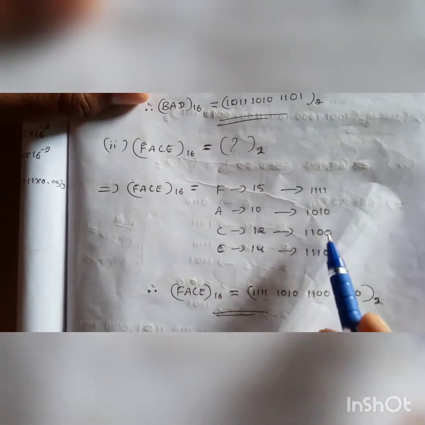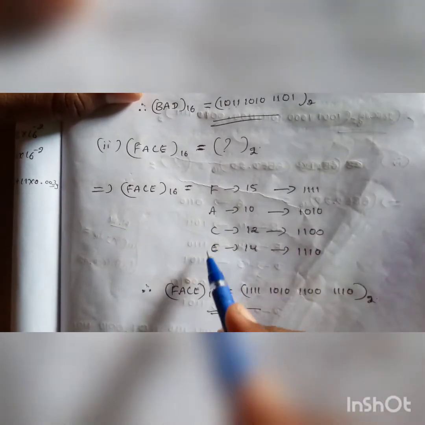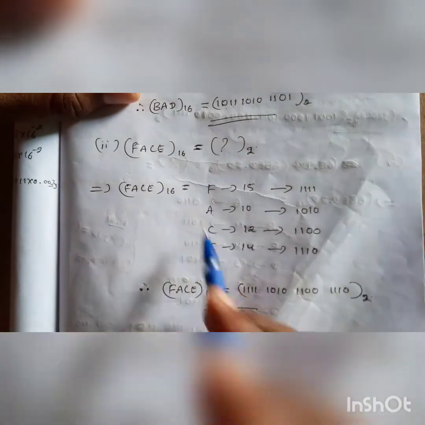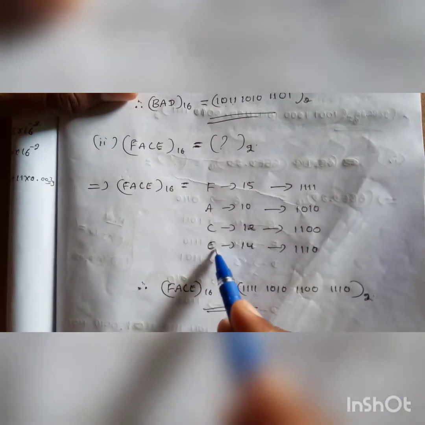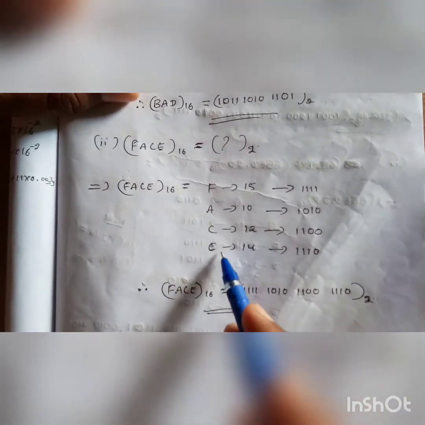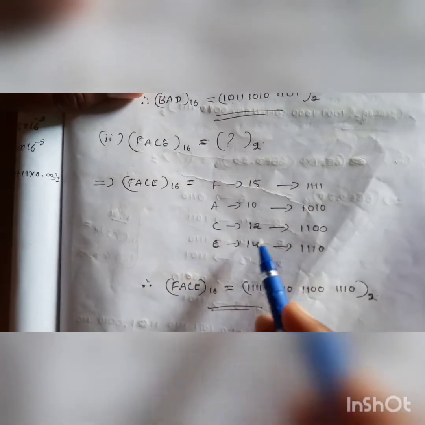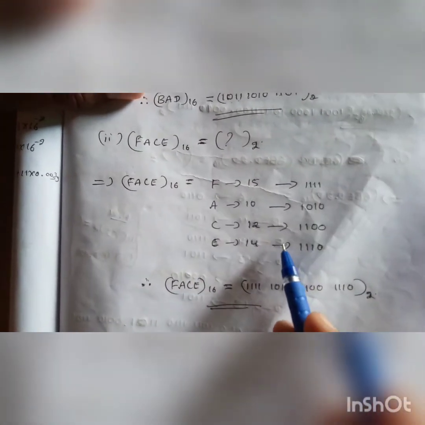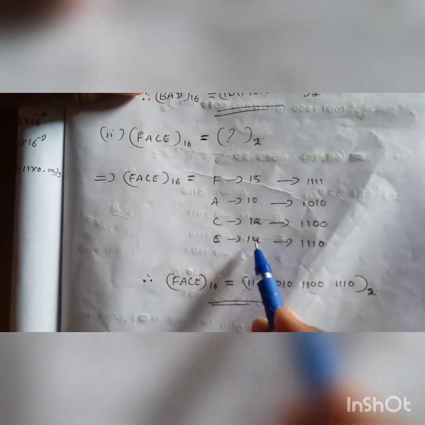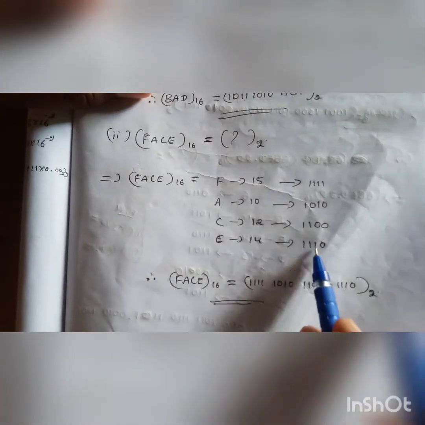Next, E: the decimal value of E is 14, and the binary value of 14 is